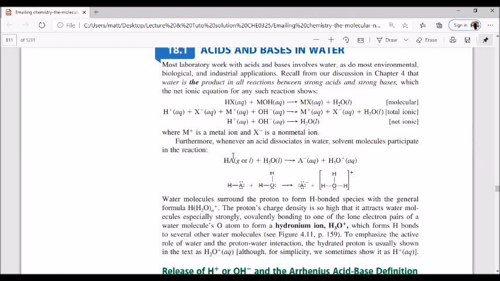For example, we take HCl. At the first moment, before we put it in water, HCl is hydrogen chloride. It forms a covalent compound like this. And this is the general HA, right? HA is a molecule, similar to hydrogen chloride. Hydrogen chloride itself is a gas. So in general, any acid compound HA, gas or liquid, when it is put in water,